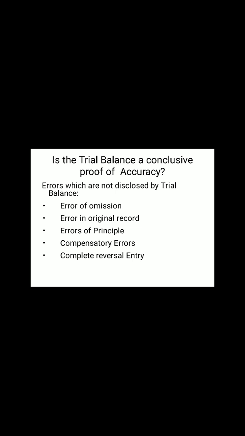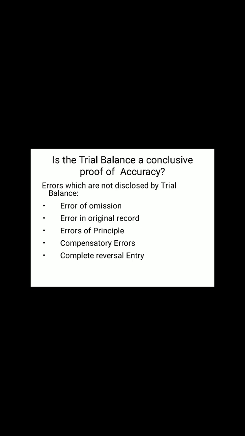Errors of principle refer to the rules of debit and credit entries. For example, an asset needs to be debited, but the person has debited an expense. Both are debits, so the total will remain the same. Like wages paid for the erection of a building: when the building is being erected, the building should be debited, but an expense like wages is debited. In both cases the debit total will remain the same, because both items are to be debited, but it is an error. It will not be shown by the trial balance.